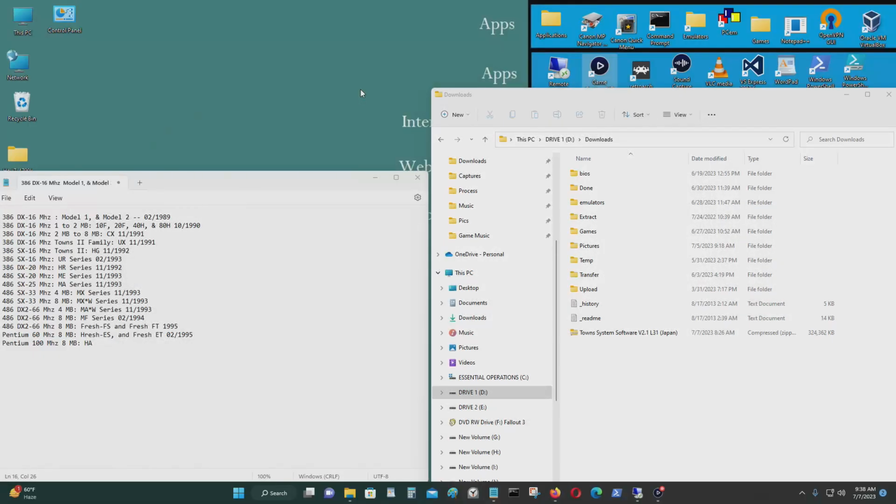Okay, in today's video, I'll be making it on the Fujitsu FM Towns computer using the Tsugaru emulator. And what I'll be doing today is creating a hard drive, mounting a hard drive, and partitioning a hard drive on the Tsugaru FM Towns emulator. And I will also be